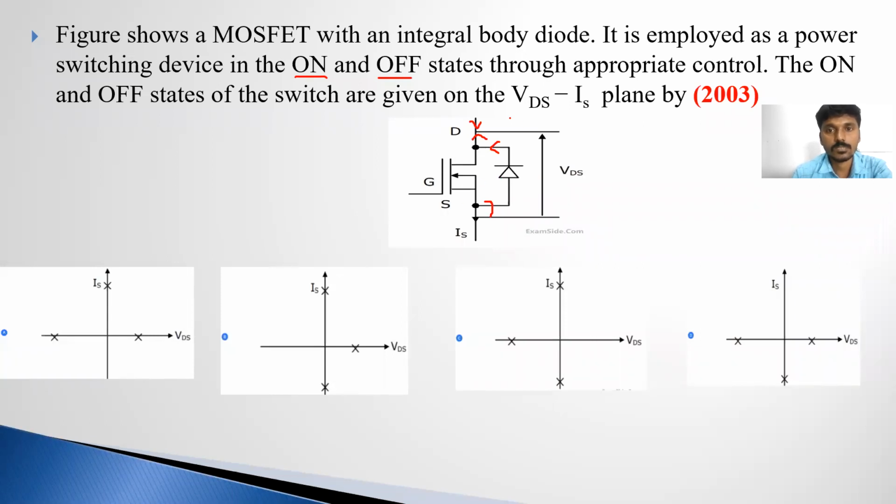Okay, source to drain also current is flowing because it is having the diode. So what I am thinking, the switch will be in off condition, but in off condition the diode is connected, so negative current also flows. Clear? So when the switch is in on condition, the current is positive, and when the switch is in off condition, still the current is flowing in reverse direction from source to drain terminal. So reverse current is flowing. So voltage is always positive. So B is the right answer.